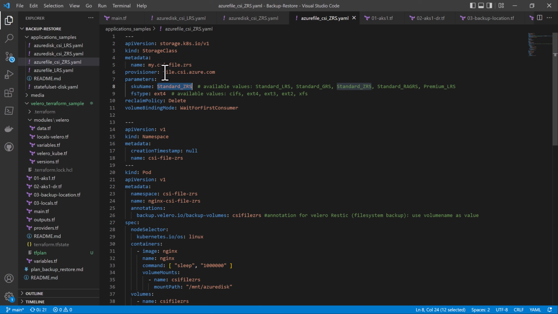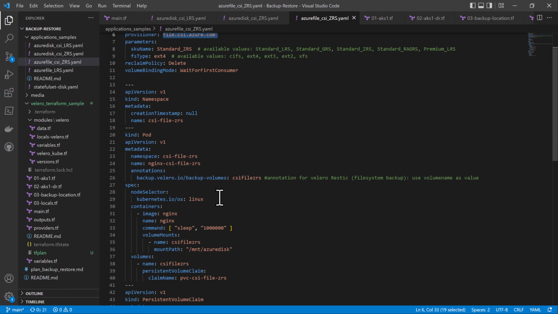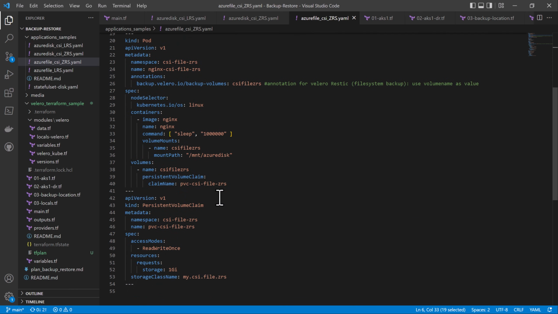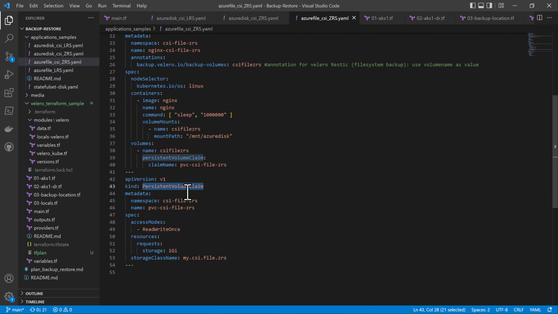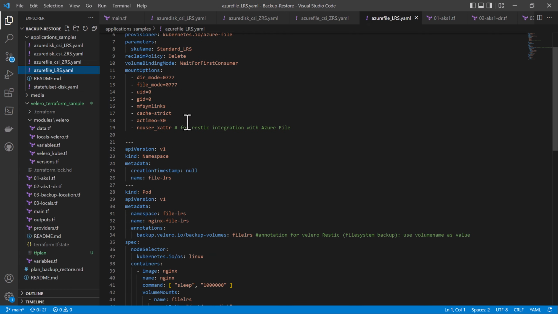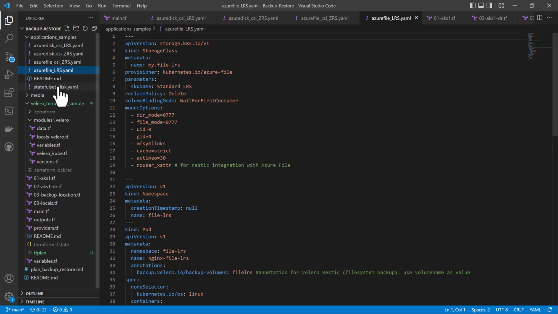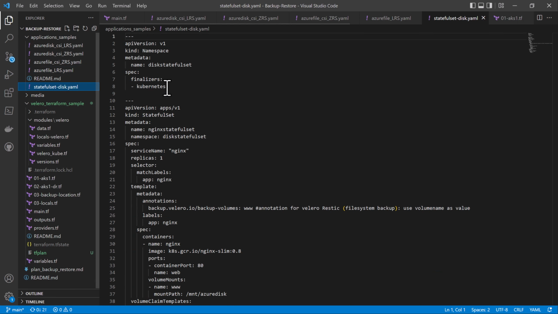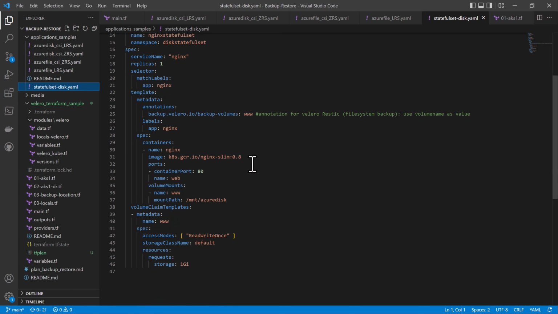You can know it's an Azure file because here the provisioner is file.csi.azure.com. And then here we are creating a persistent volume claim, PVC, to consume that file share. And then again creating another file share with LRS instead of ZRS. So we want to see those different scenarios, and finishing with creating a stateful set where here we are consuming